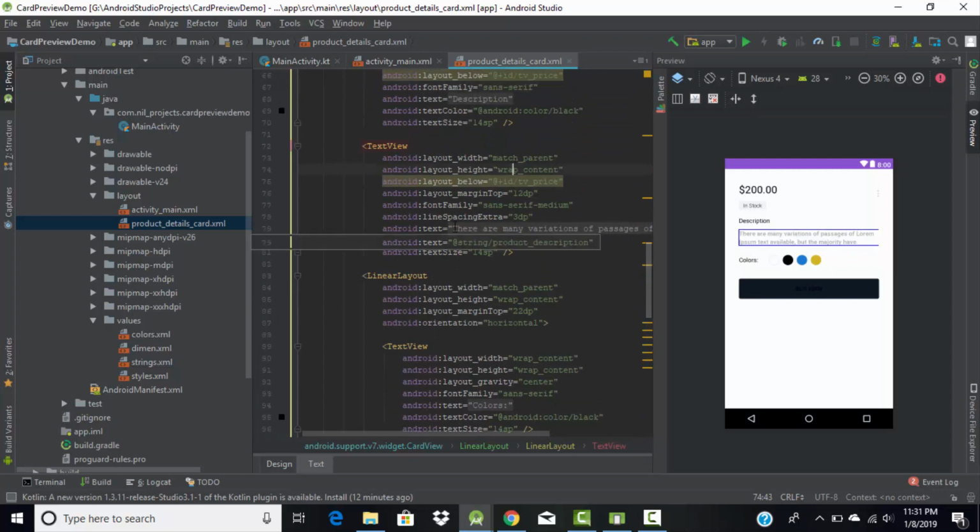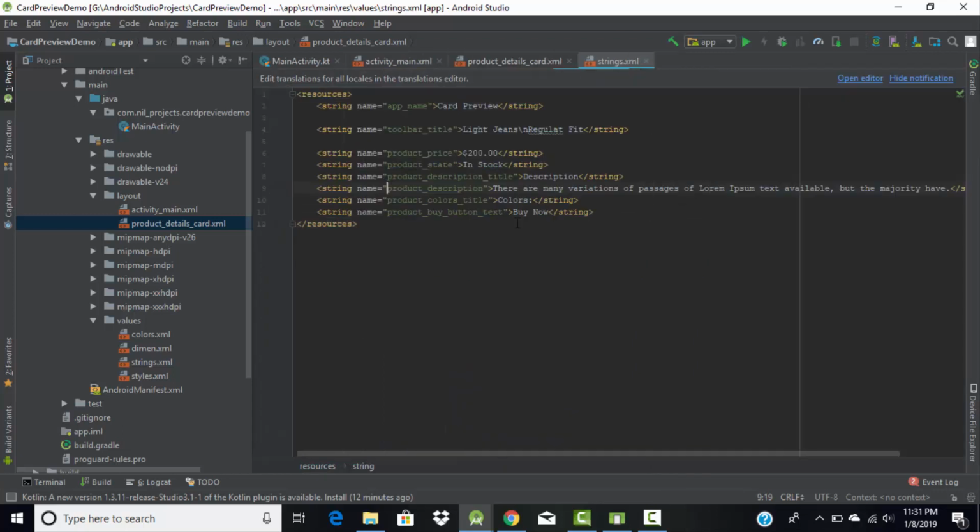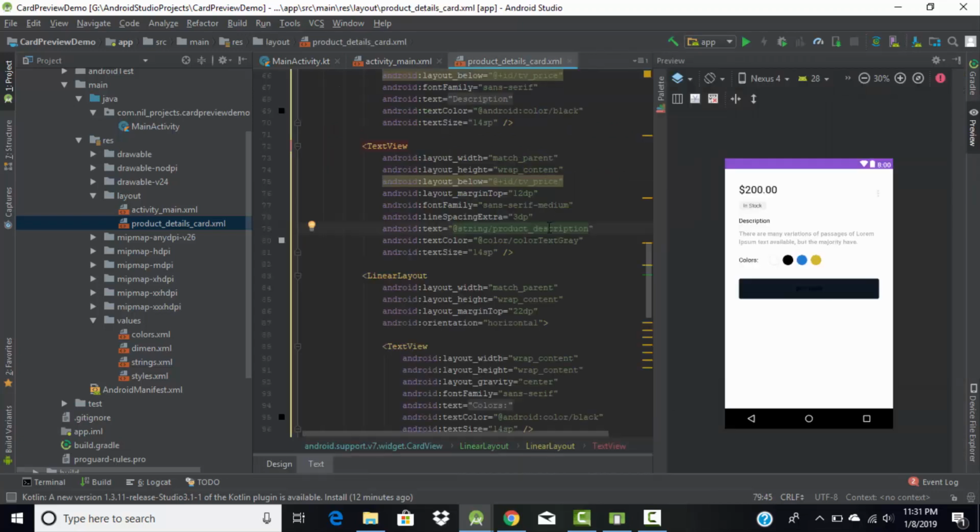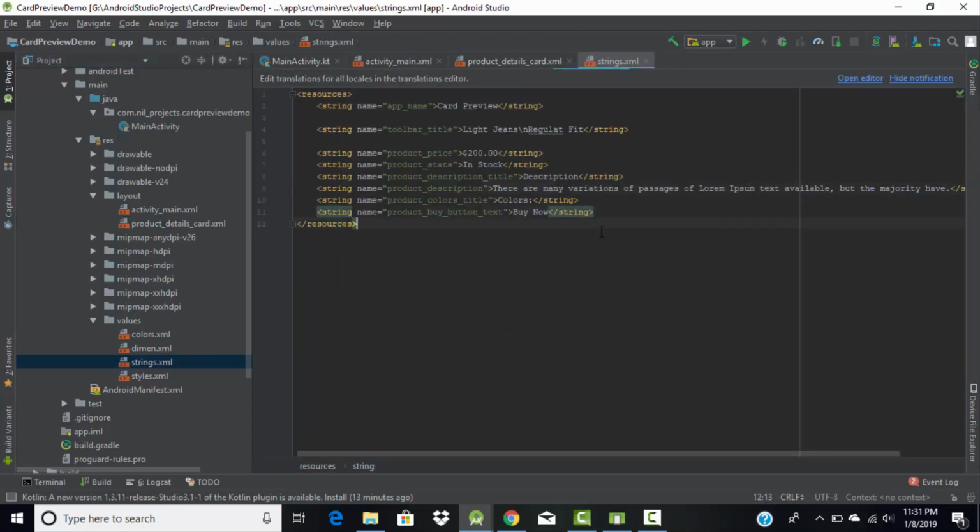Here I am using some text, right? All this text I had passed into address string and then ID of dot text. If I click control and then on that text, here I had declared this text, and I had given it a unique name which I can pass into my XML file and assign that text here, right? So in this way I had declared all the strings that I want to use in my application